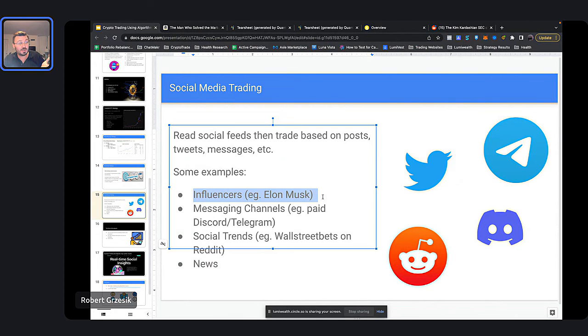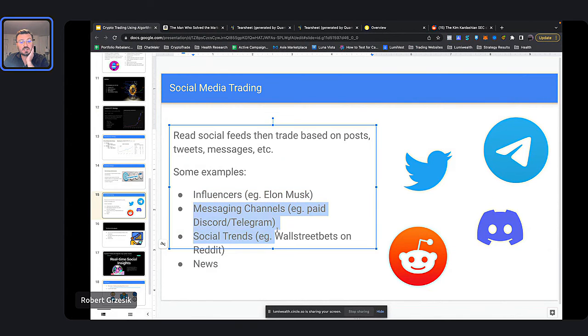So wouldn't that be a good idea to buy it, right? When Elon Musk talks about Dogecoin, last time he talked about it, it shot up thousands of percent. Every single time he mentions that, it goes up by a couple 100%. Really good idea to buy that, right? So you can literally just be watching these influencers, and whenever they mention it, it will automatically go off and buy that coin for you. And we can even put in automatic exits that'll only hold it for 3 hours or will only hold it while some technical indicator does whatever, right? I've seen people make really, really good money doing that sort of thing, following influencers.